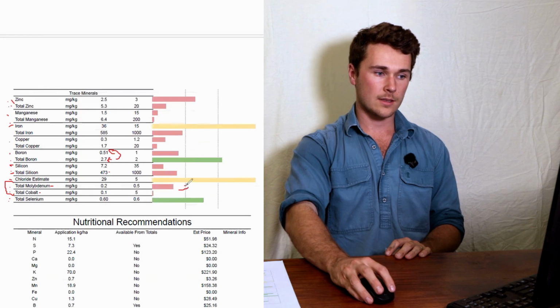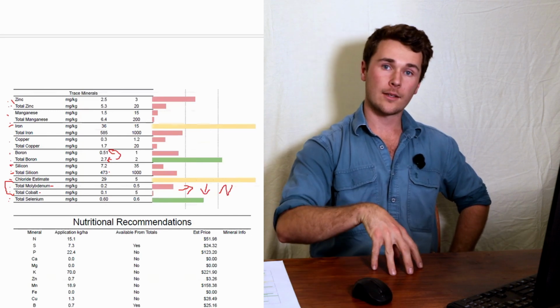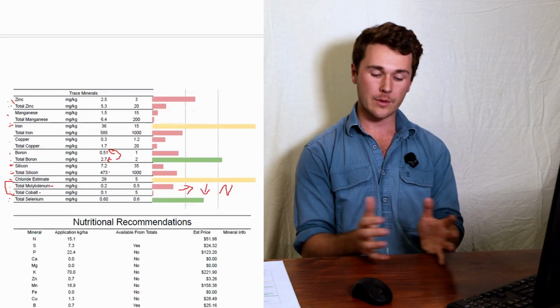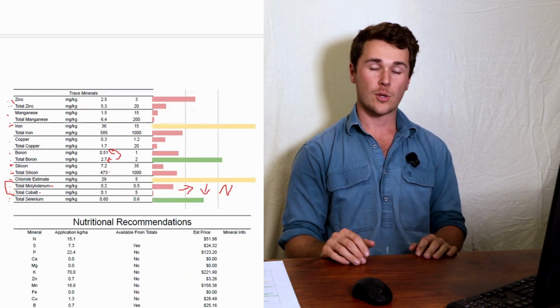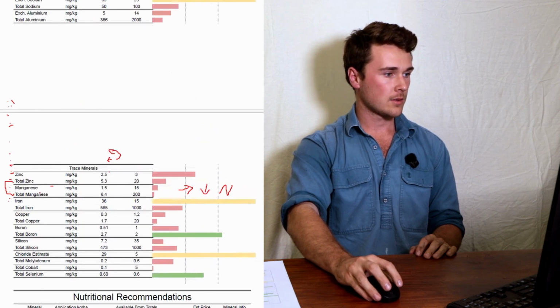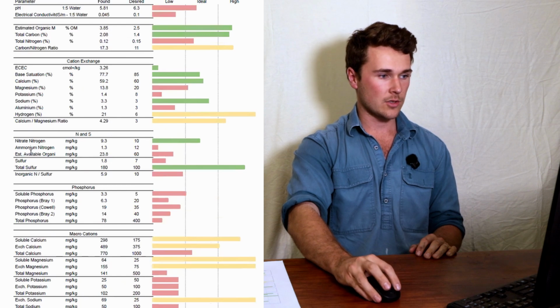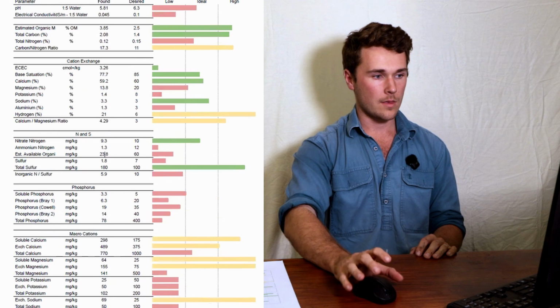So I would be suggesting that that's going to be reducing biological nitrogen fixation, which is quite important, especially if you're growing a legume or if you're relying on free living microbes to produce that nitrogen for you. And so when we go back up to the top, let me just clear this, and we look at our organic nitrogen or estimated organic nitrogen, you can see that's low. I would suggest